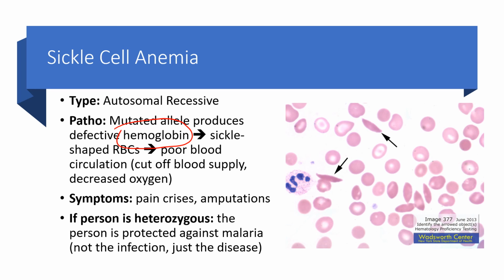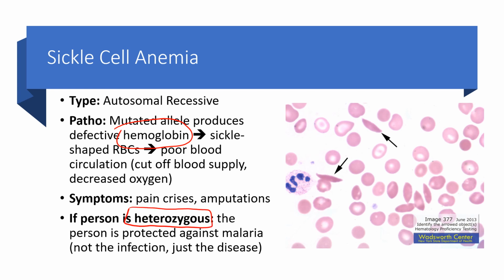Amputation. If you don't have enough blood supply going to something like the finger, nose, ears, toes, it can actually amputate, meaning it will fall off because of a lack of blood flow, lack of oxygen, and all that. However, if a person is heterozygous,